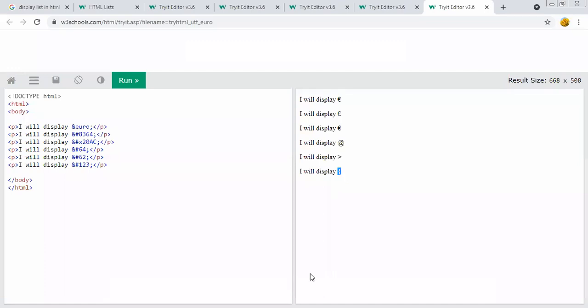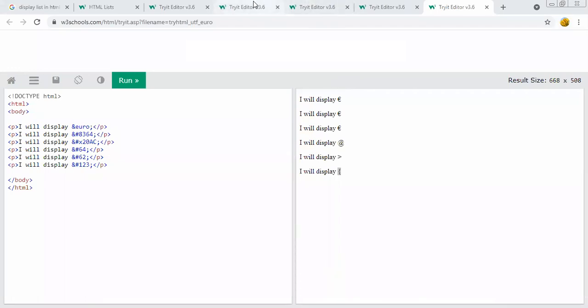Basically, those three lists are used to display a particular list on the given web page. For this, first we have to discuss the unordered list.